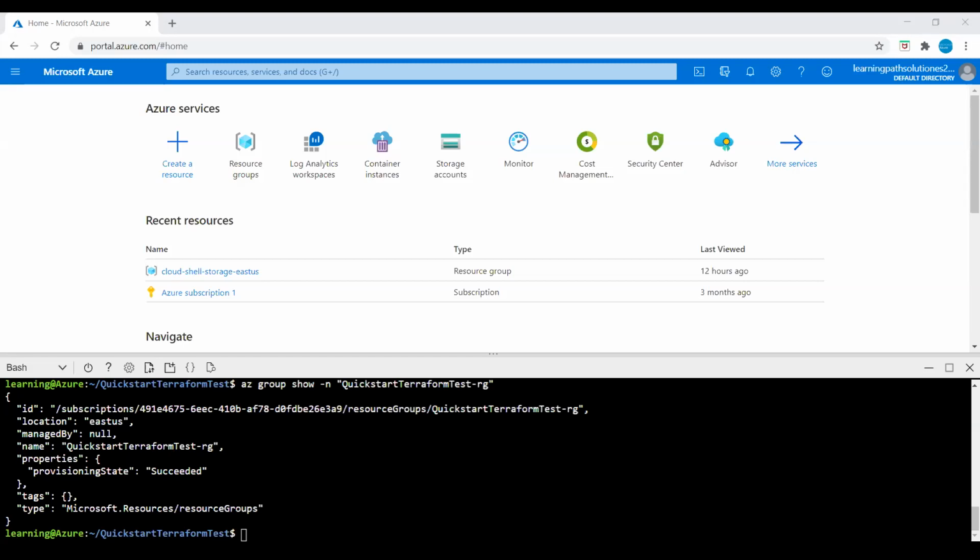Let's talk about persisting an execution plan for later deployment. For more complex scenarios, we can persist the execution plan to a file. We can apply that execution plan. So I will show you how to initiate Terraform. We can use the same command, Terraform